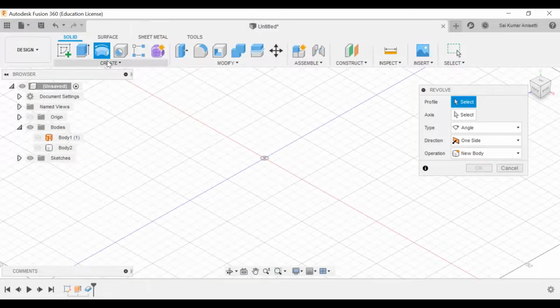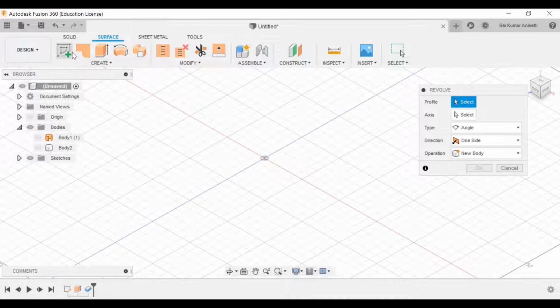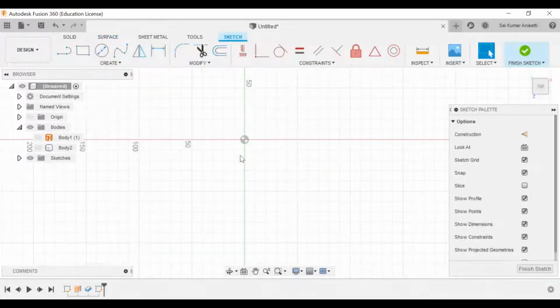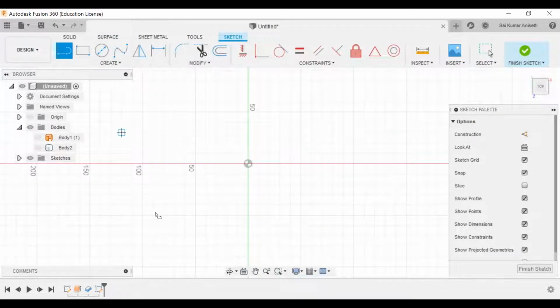Okay, for this, let me go to surface, go to sketch. Again I'll create some complicated shape, let me give this.